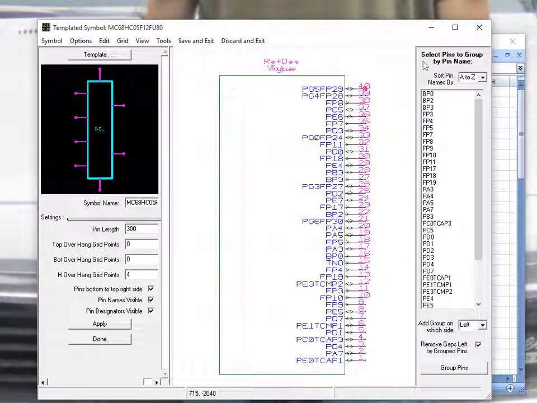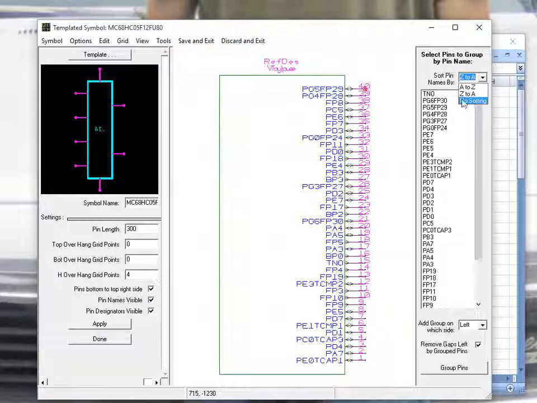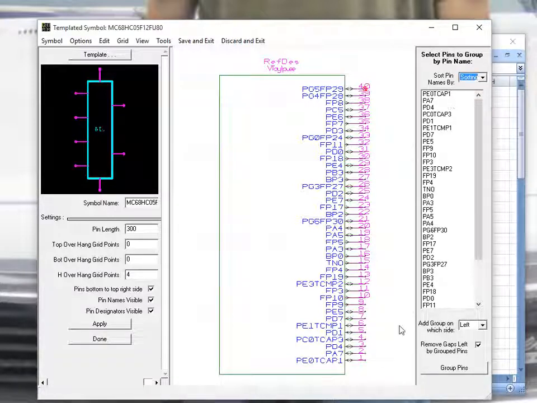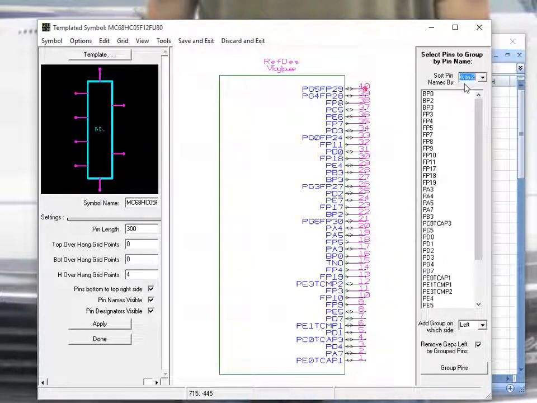If you look on this pane on the right side of the editor, this is what will be used to group the pins together. You can see here in the middle there's a list of all the pin names that are in the symbol, and they are at the moment sorted alphabetically, but you can sort them reverse alphabetically, as well as have no sorting at all, which will just populate the list according to the pin numbers. So for this example, we're going to go back to alphabetical sorting